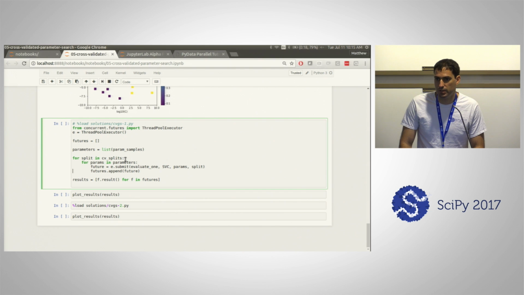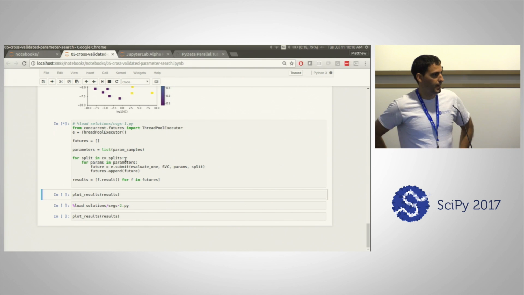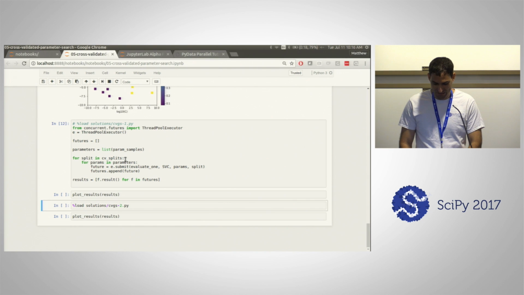So what we're doing here is we're just using this nice submit architecture. We could have done a map here. Instead, we did a submit, and then we collect the results at the end. So I'm going to go ahead and execute that, and I probably should have executed that while I was talking about it, but what I'll do now is, oh, that wasn't too bad,